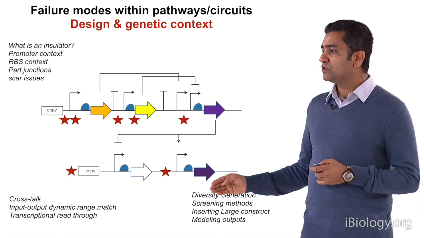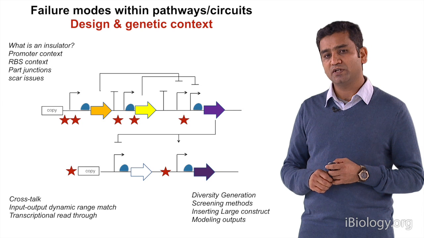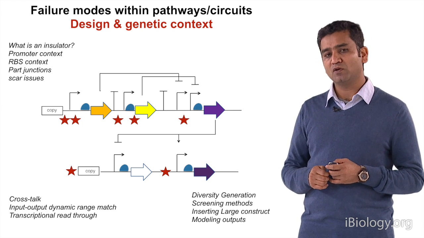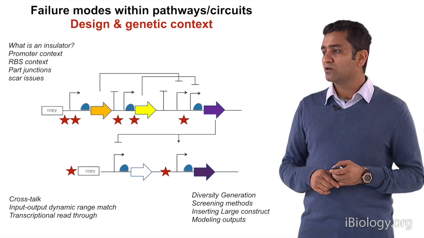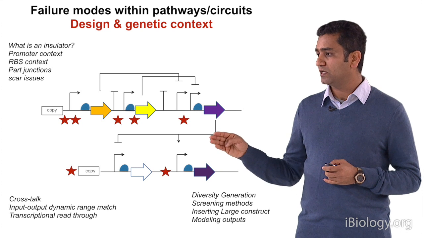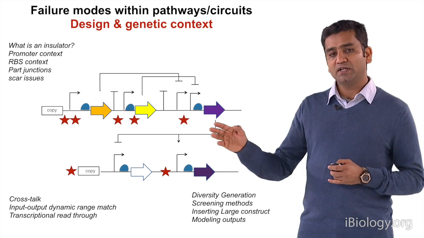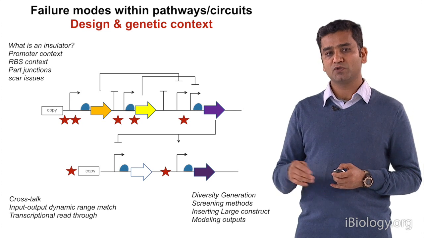And then finally, we need to understand how we generate diversity between the genetic circuits, and if we generate diversity, how do we screen or measure it? And how do we take all of this big chunk of DNA and designed structures, and put them in a particular chromosomal or genomic context? And then how do we quantify using in silico methods? How do we model them? How do we approach these solutions?